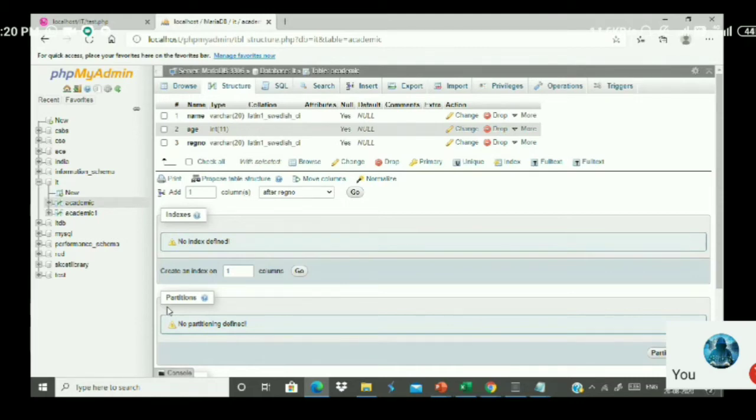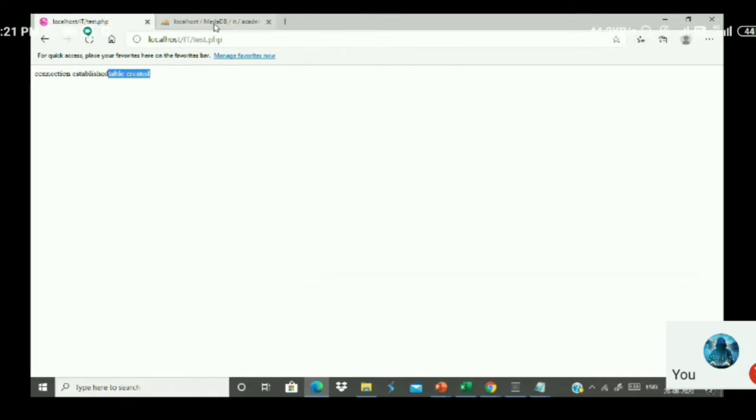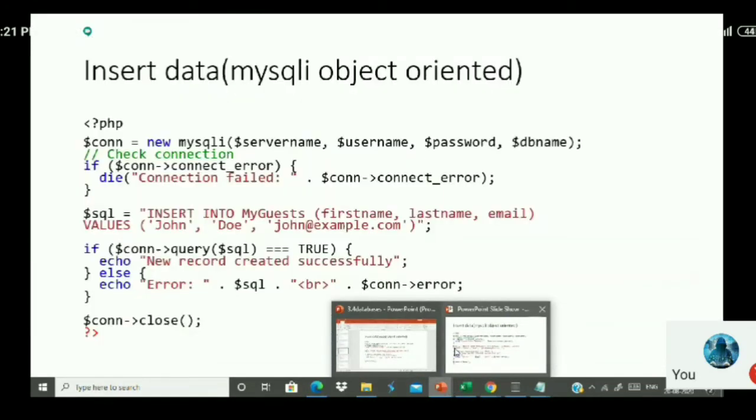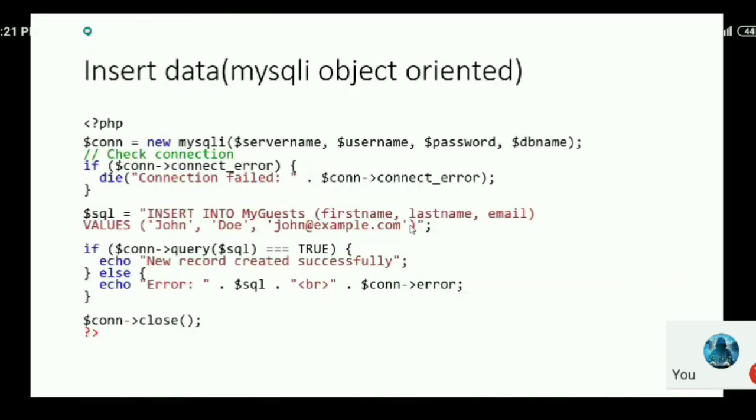That is the reason why you have to check the table, and if it is not created, you have to create it. Okay, so this is how you create a table dynamically by checking whether it exists or not. So in the last class, what we discussed is we created tables here in the last class.